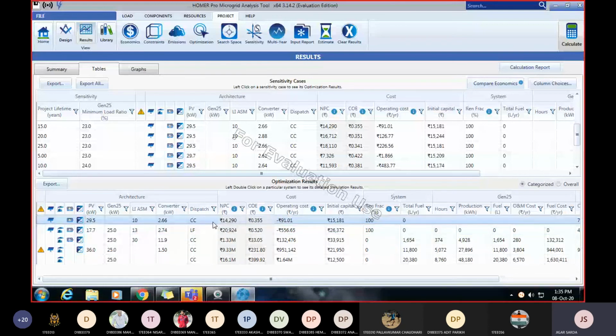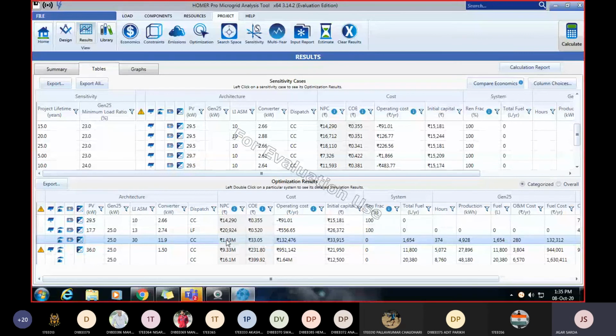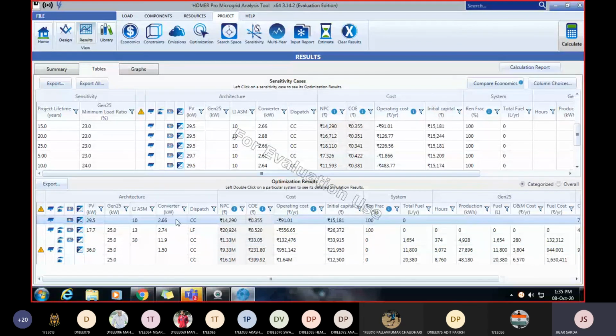As you know, if you don't take power from solar, the cost increases. So this is a very good software for optimization. You will get the optimized cost and optimized solution, and how much power you get from each source.